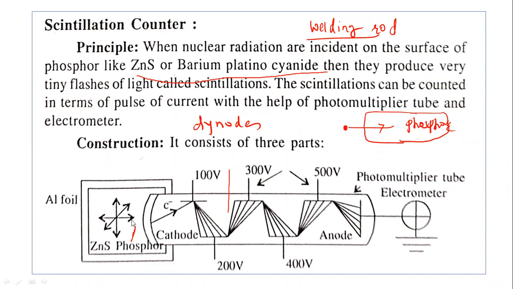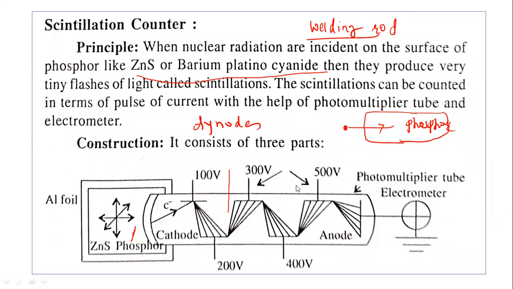When the electrons are ejected from this photocathode, they are very small in number. Then they are accelerated to this dynode, where a large number of electrons are ejected from the first dynode. Then those electrons are accelerated toward the second dynode. Okay. Then from the second dynode also, a large number of electrons are ejected. They are accelerated to the third dynode. In this way, electrons are produced here in large number, and those electrons are finally collected at this anode, and the current pulse is recorded by this electrometer.